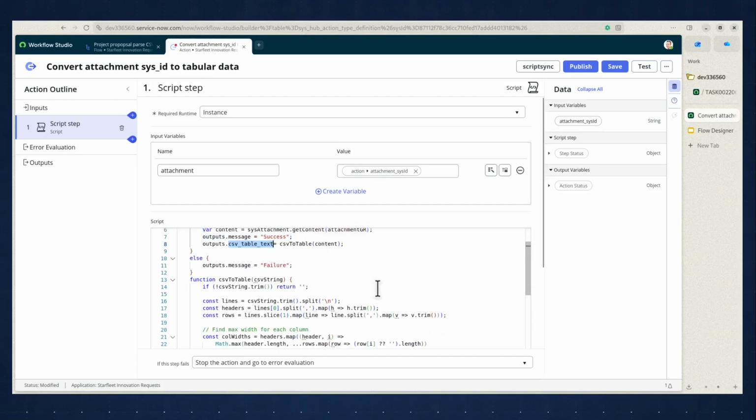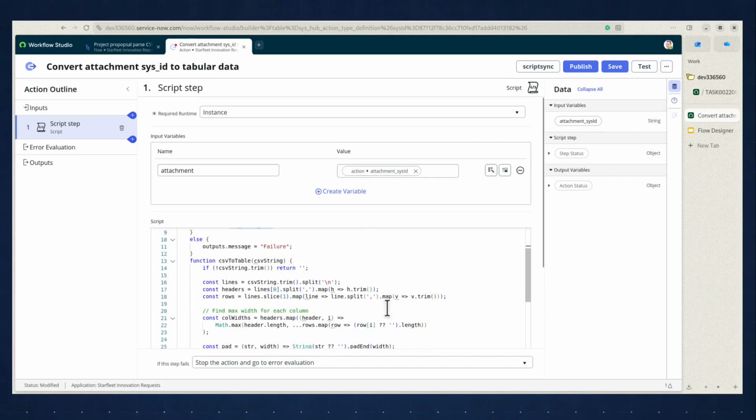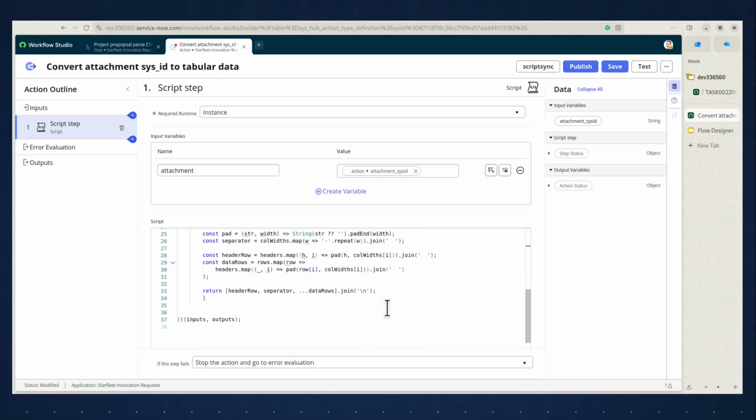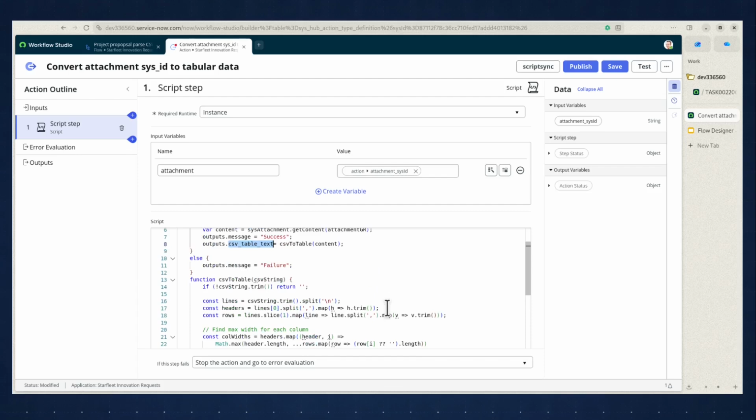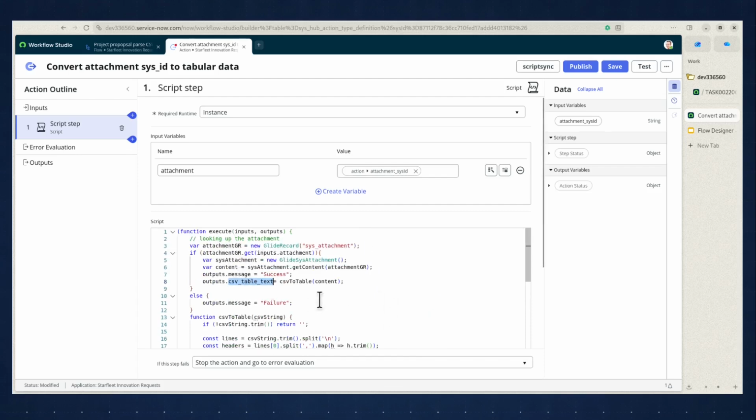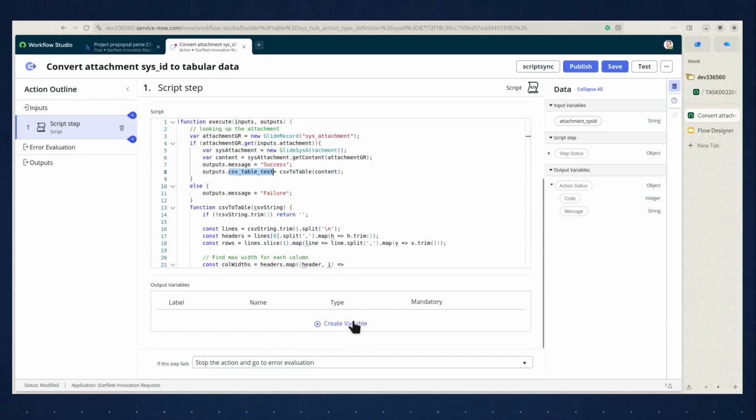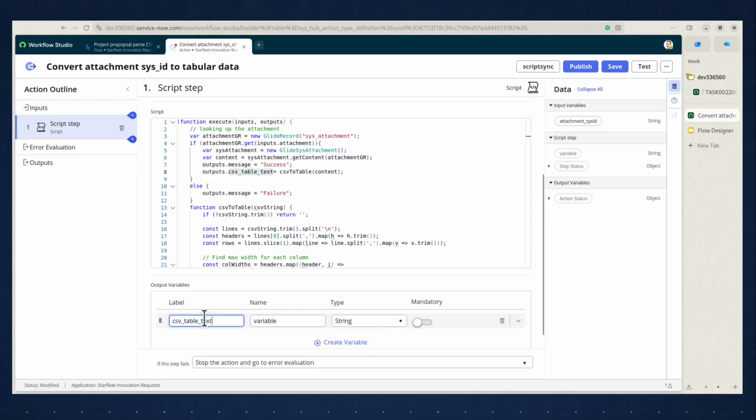CSV to table content. Now CSV to table is a very simple function that I had an LLM write, and what it does, it takes CSV and converts it into a tabular form. Now what you see here is that we are setting two output variables. One is message and one is CSV table text. Now message is something that is already present here, if you see, and CSV table text is something that we need to create. We need to declare this output field, and we do it here. We put it here, and it is a string because we wanted a string. Now we can save this,